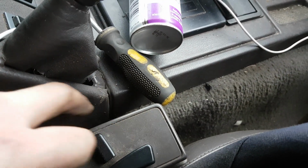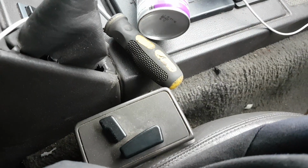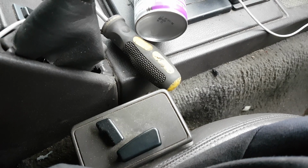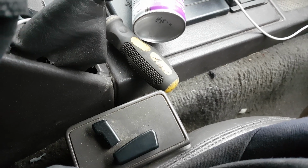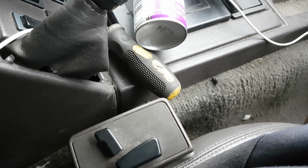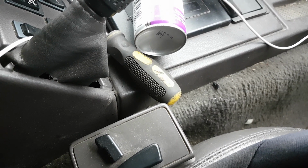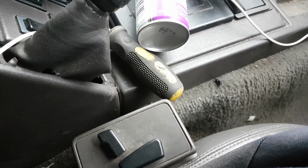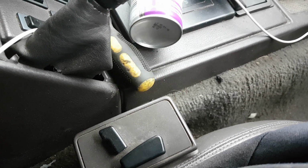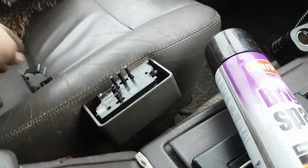Quite a common fault is the battery that retains the memory or the settings in the ECU underneath the driver's seat corrodes its contacts and then melts the PCB. There are some fixes that involve losing memory function, but still allow you to adjust the mirrors and the seats. But on a non-Vogue SE, this is just a Vogue with electric seats, what you'll find is, if we look